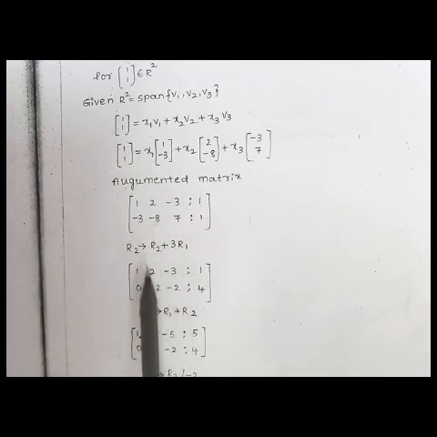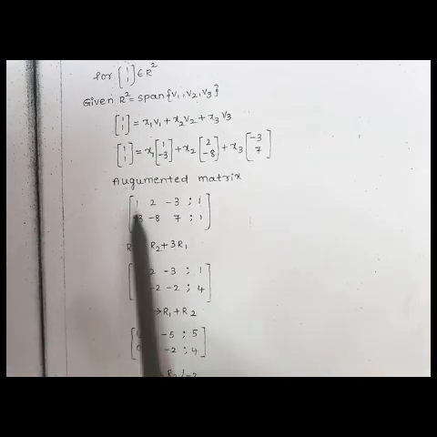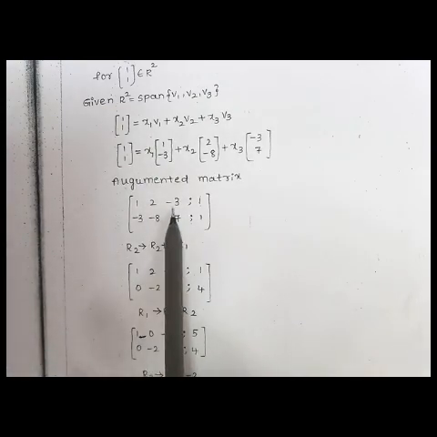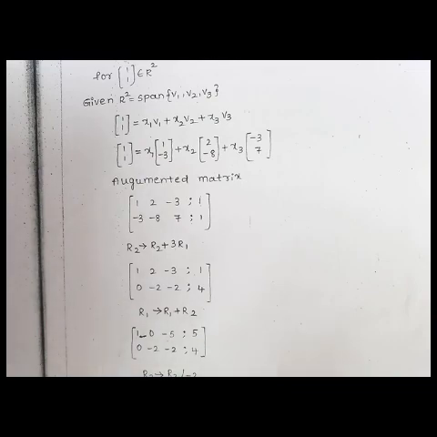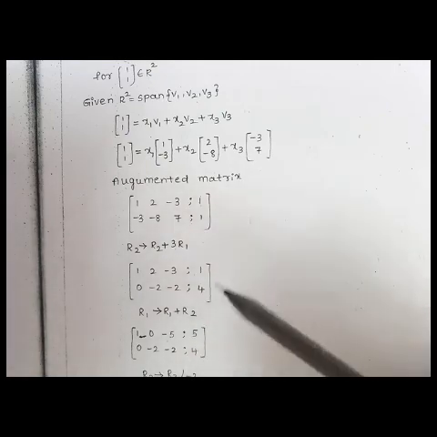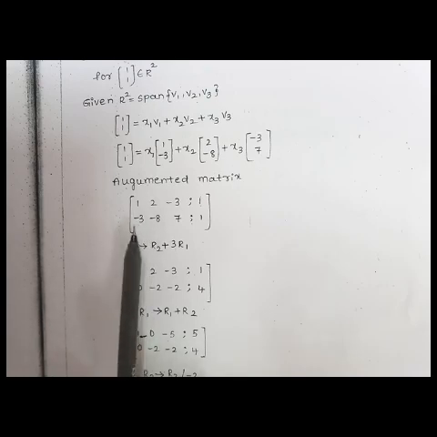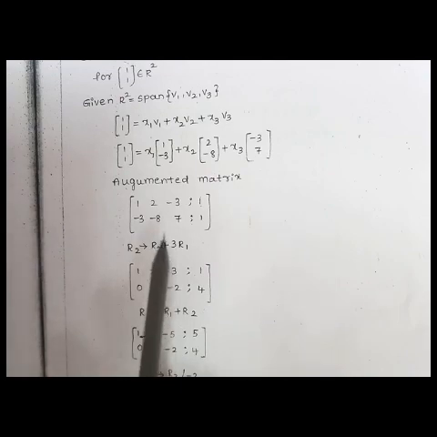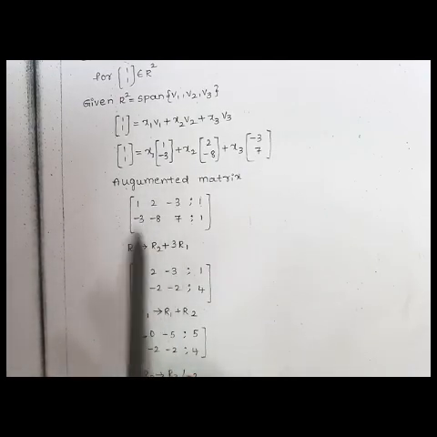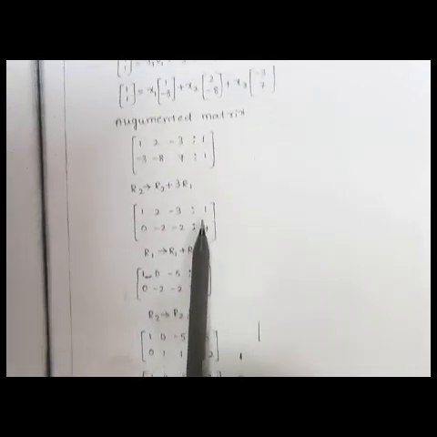Then by doing row operations directly you can write x1 plus x2, x2 minus 3x3 equals 1. Like this we can take two equations. Instead of that, by reducing into simplest form, it will be easy to find the x1, x2, x3 values. That's why we are taking row operations again. So take this as equating to 0. How can we make it 0? R2 plus 3 into R1, then it will be 0. So do row operations for each term in the second row, then you can get like this.